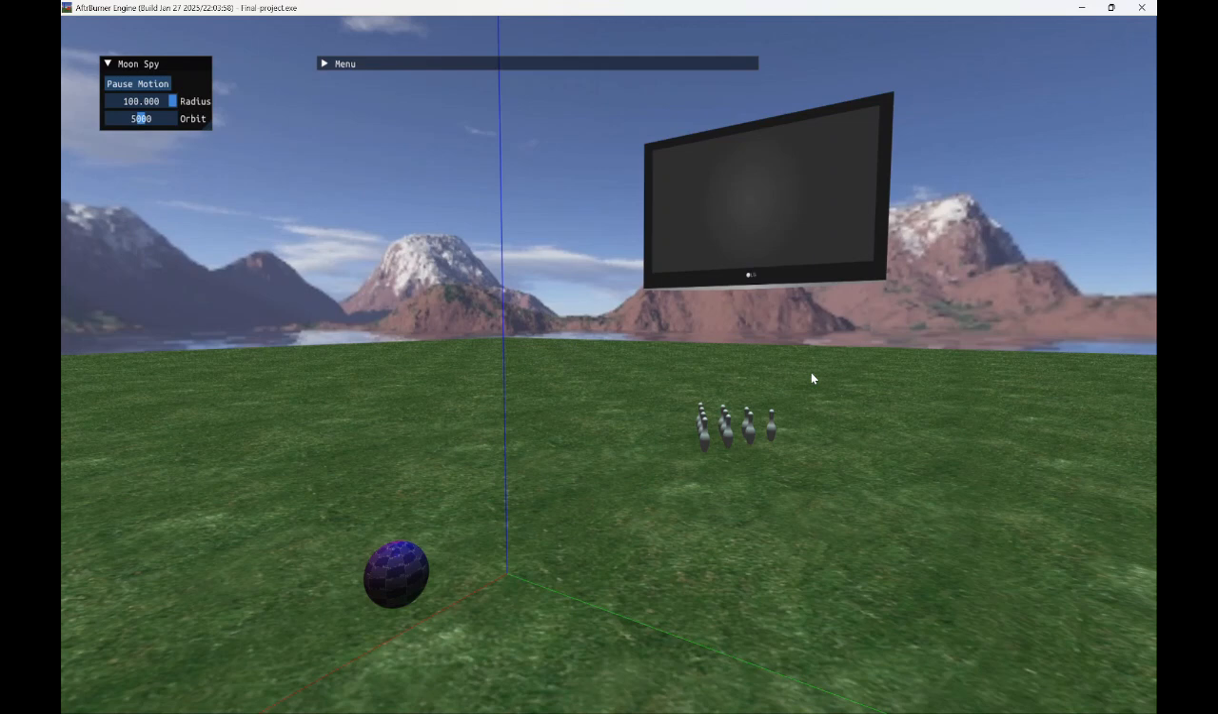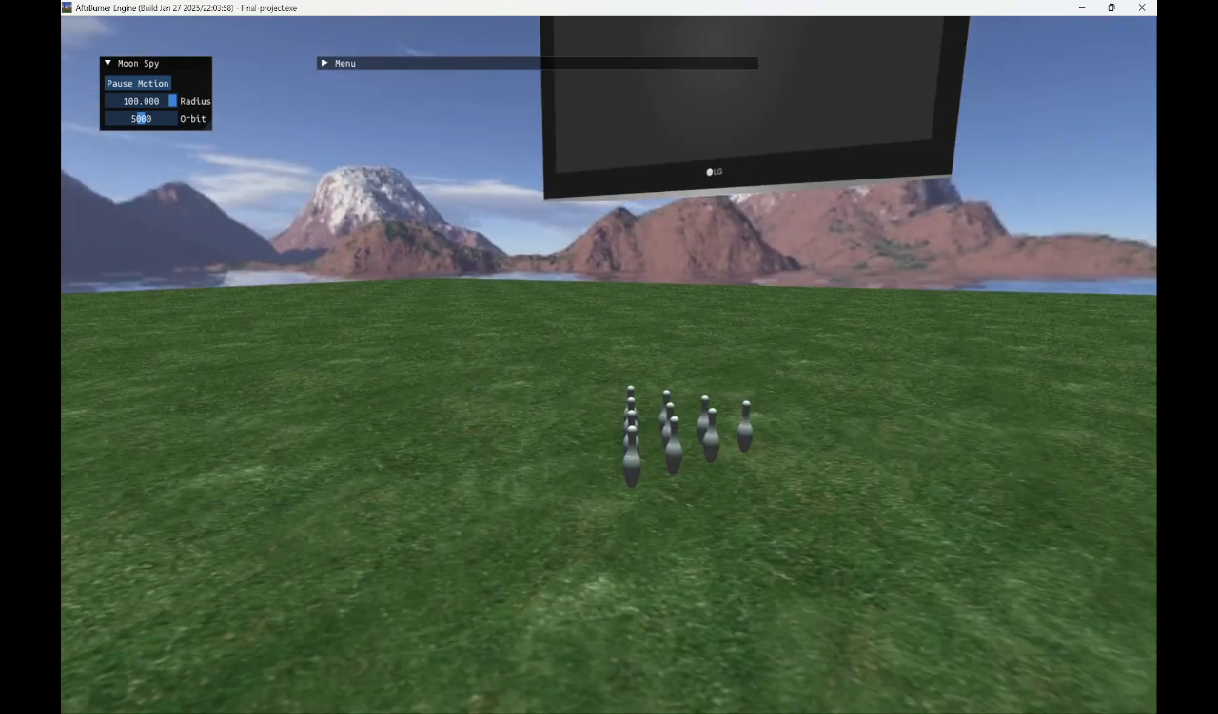Today I'll be covering my final assignment for my game design class. For the final project, I was trying to create a bowling game. As you can see here, we have our ball, we have our pins over here, and then we have our